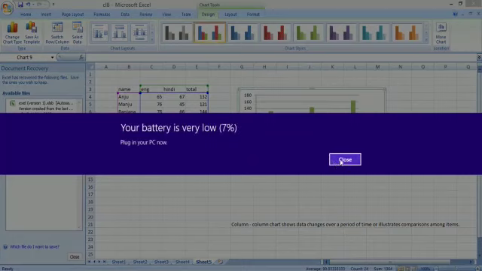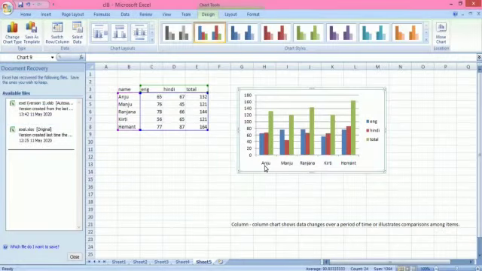Here we can observe the numbers of Anju, Manju, Ranjana, the names are given here. See how much she got in Hindi. Here we can see that blue color is given to the Hindi marks, red is given to the English marks, and green is given to the total marks. So Anju got above 60, and you can examine the marks of all these students.